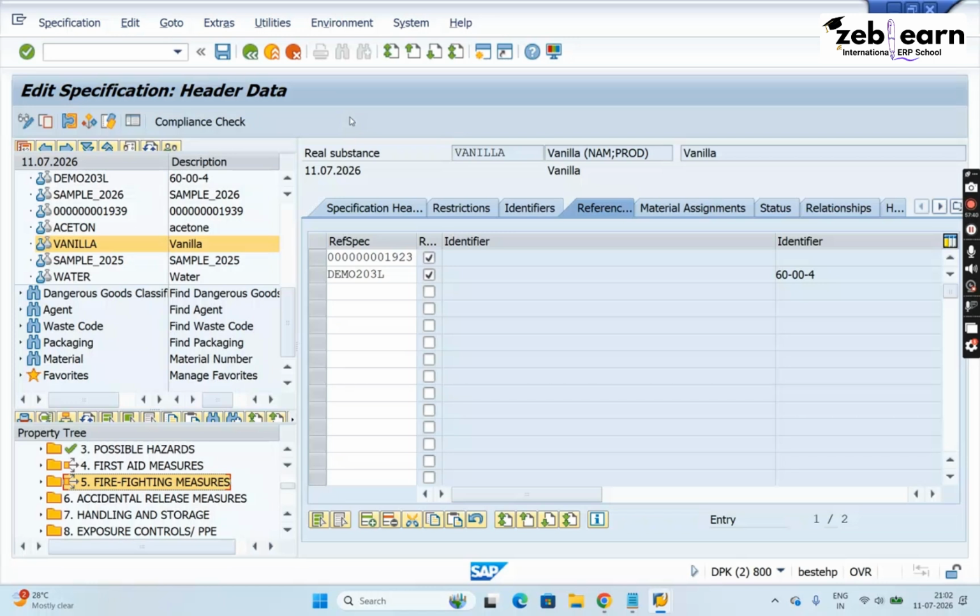Where? No. How do you want to uncheck? Okay, let me uncheck. Okay, I have unchecked the 1923 reference, maybe we can find out. Where? Okay, now you are saying like that, in the reference tab, beside the identifier, if we uncheck, maybe here we can find out. See, still it has ecological data, toxicological data. These two are coming from 1923, no? See, it is still showing